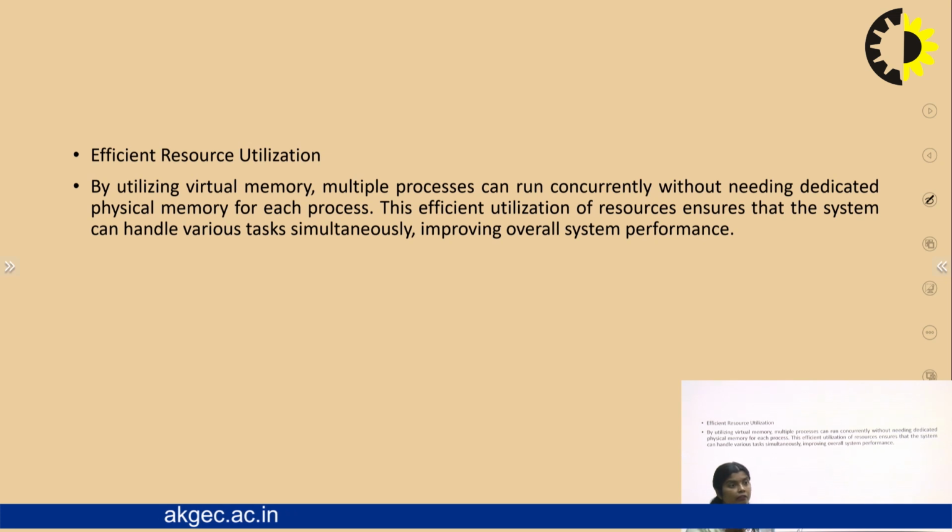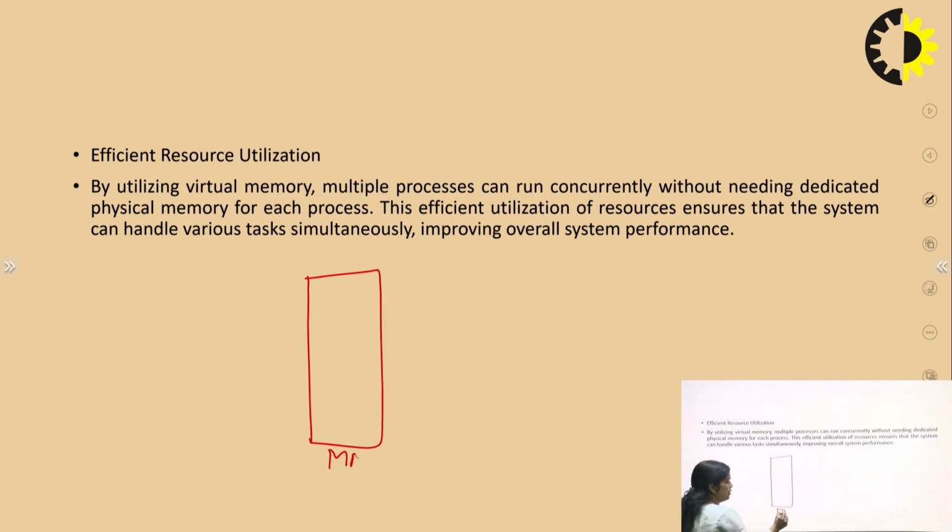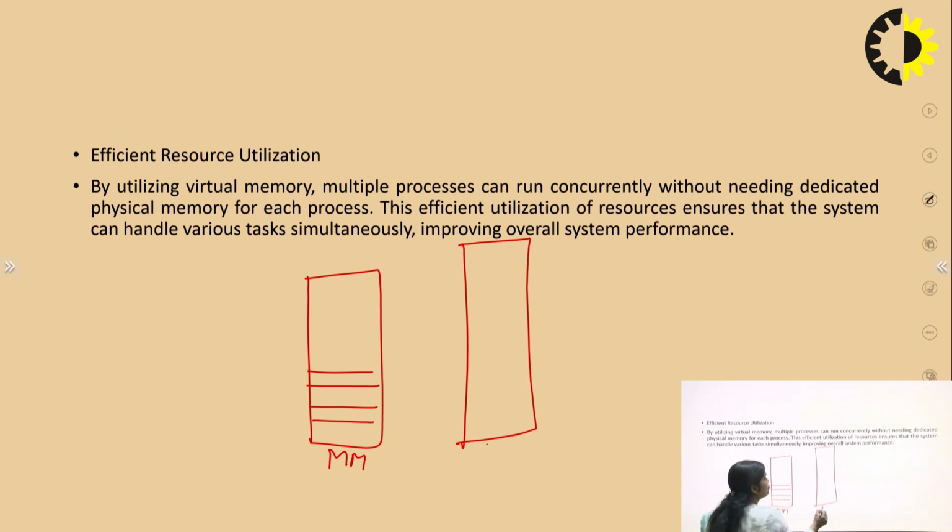And what is the need of the physical memory and the virtual memory? You can see here that there is a memory. Suppose this is the main memory. The main memory has some blocks, if you are applying fixed size memory blocks, and there is also a virtual memory. In the virtual memory there are also some blocks, just as in main memory, but these blocks are called pages in the virtual memory, and in the main memory these are called blocks.